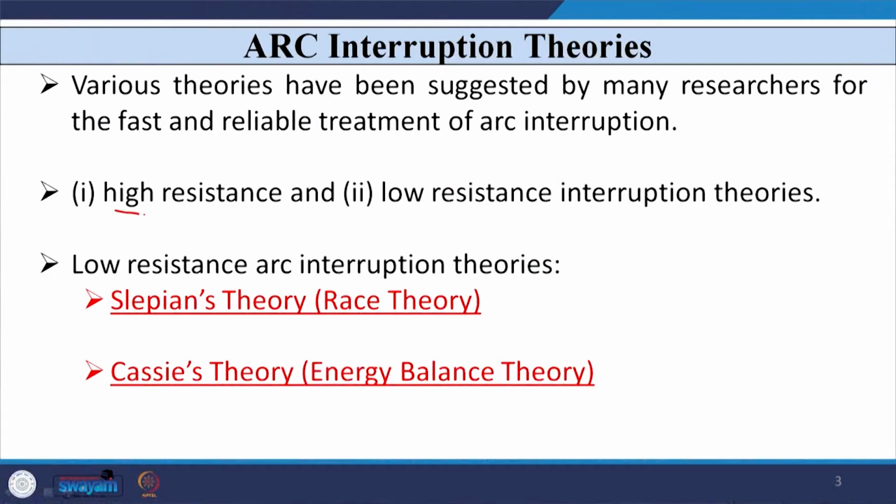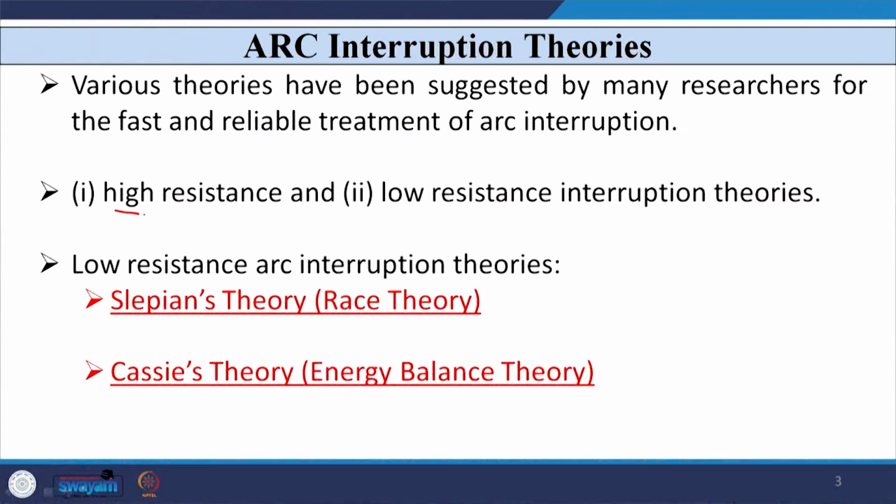We have already discussed how the arc is formed. Because of the ionization process, whenever the contacts of the circuit breaker separate, an arc is formed across the contacts, and the temperature of the arc is very high, 5000 degree Kelvin, and this arc is surrounded by hot ionized gases. If we wish to quench or extinguish the arc, then we need to use some external medium. So, let us see how an external medium can quench the arc.